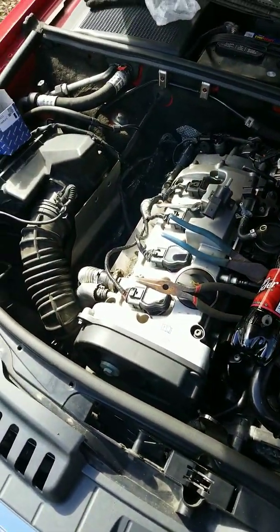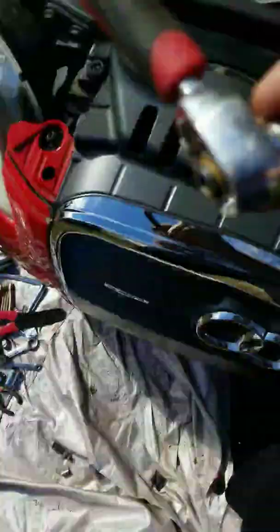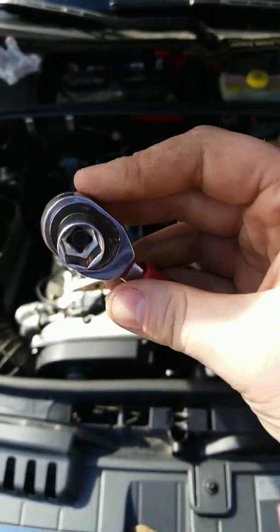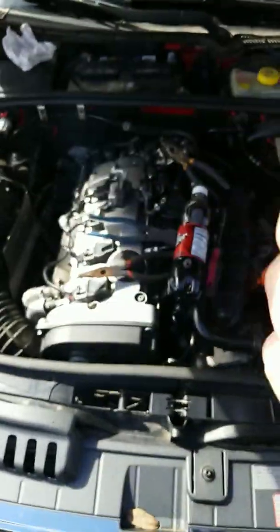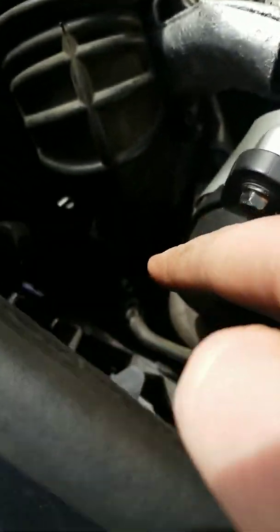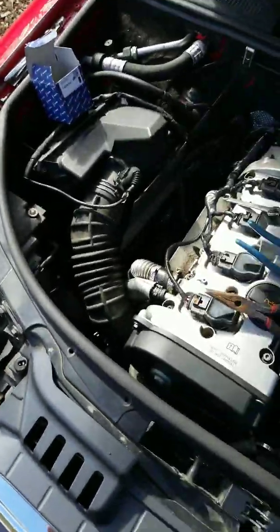All the tools you're going to need is technically this right here. This little doodad right here. It's a stubby wrench. You're going to need a 12 for the banjo bolt right here. That's what hooks up down there. You see it, okay? You're going to need a 10mm socket, a 12mm socket,